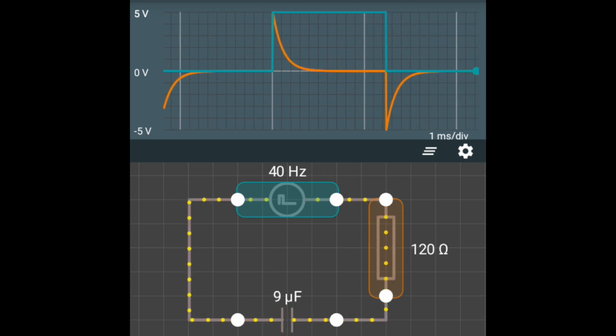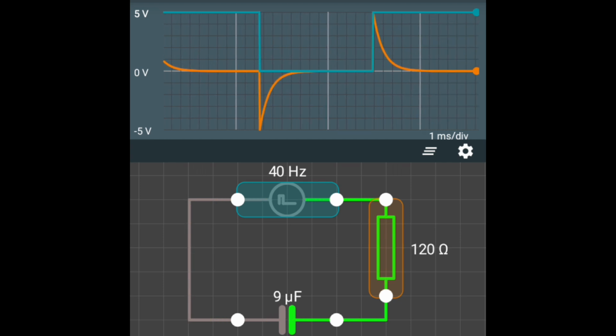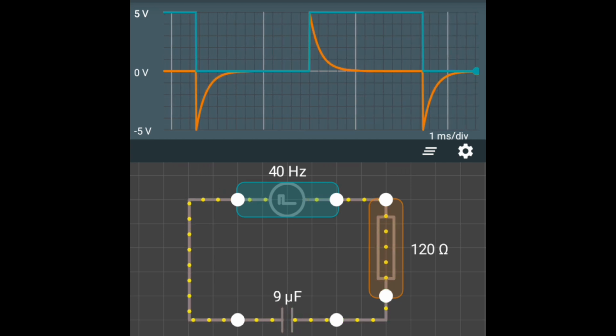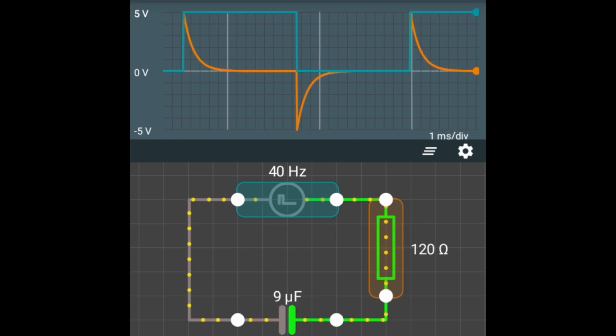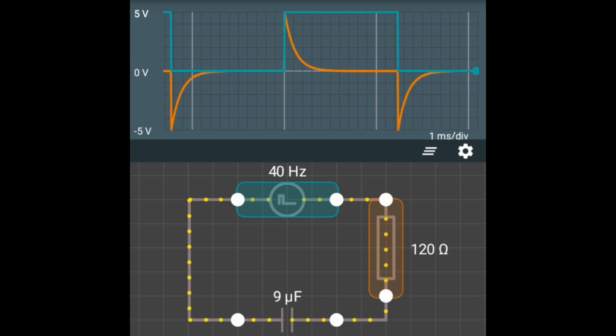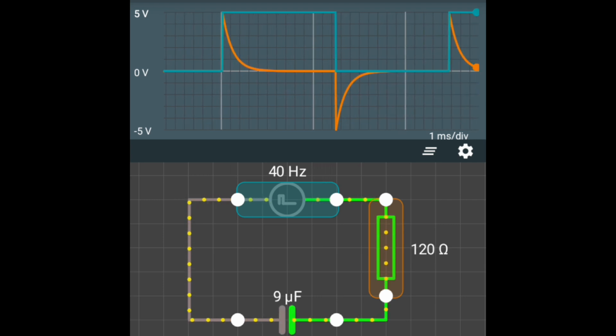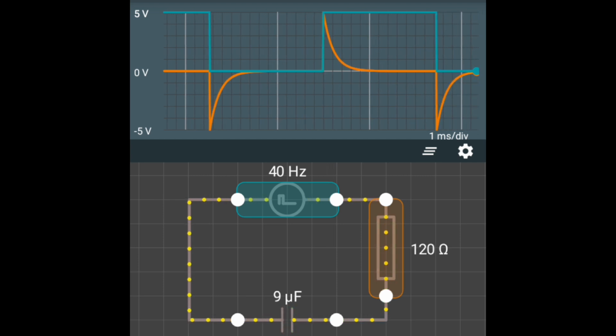Final output of the passive differentiator. Instead of a square wave, the output becomes a series of sharp spikes, corresponding to the rising and falling edges of the square wave. Each rising edge produces a positive spike, and each falling edge produces a negative spike. This is why passive differentiators are used for pulse shaping and edge detection, especially in circuits that need to detect